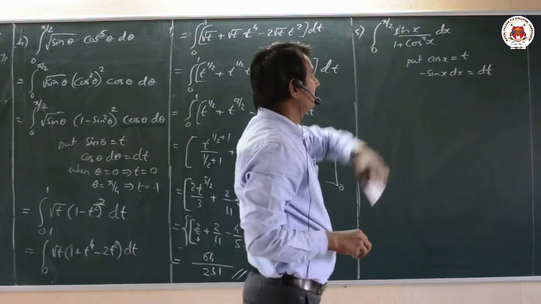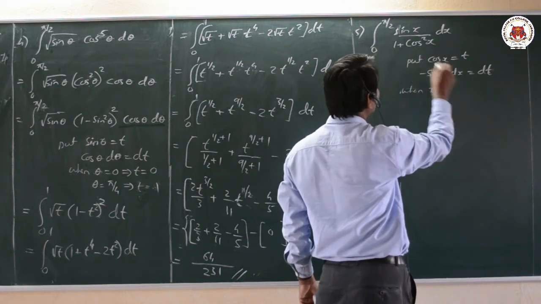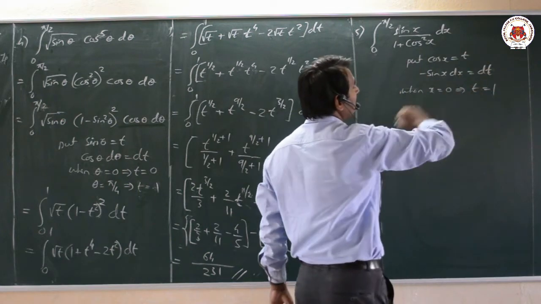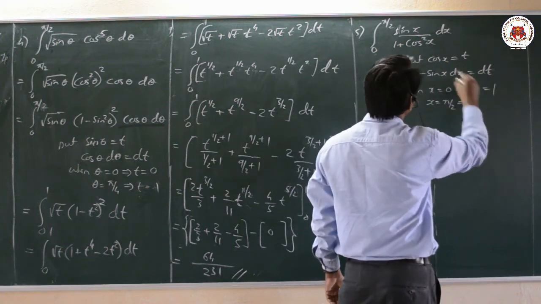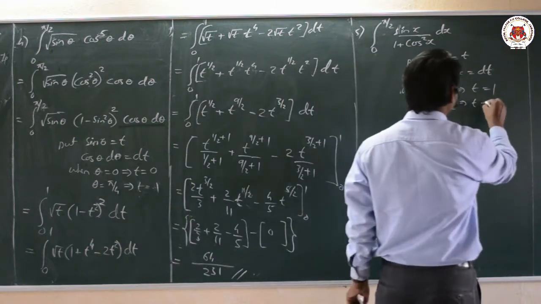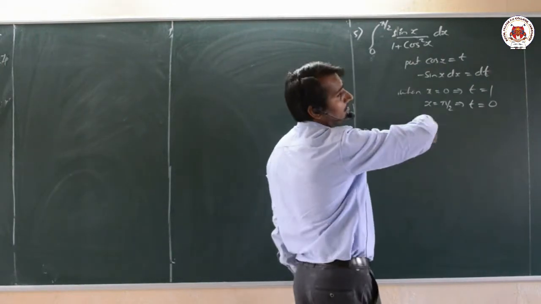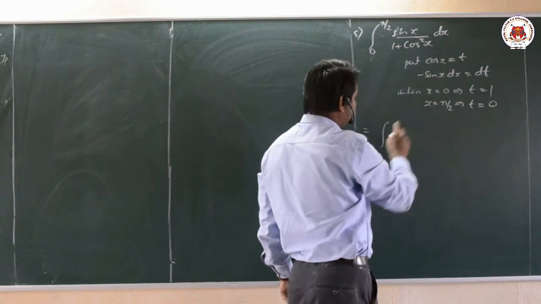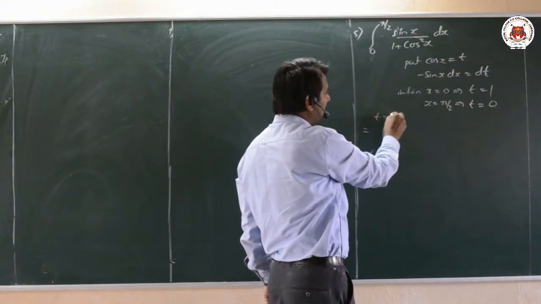Now you substitute the value here, but along with the substitution, when x equals the lower limit 0, that implies t value will be 1 here, cos 0 is nothing but 1. And also when x equals the upper limit pi by 2, t is equal to cos pi by 2, the value will be 0 here. Now we have to substitute all these values in the above integral. When x equals 0, the t value is 1. When x equals pi by 2, the t value is 0.